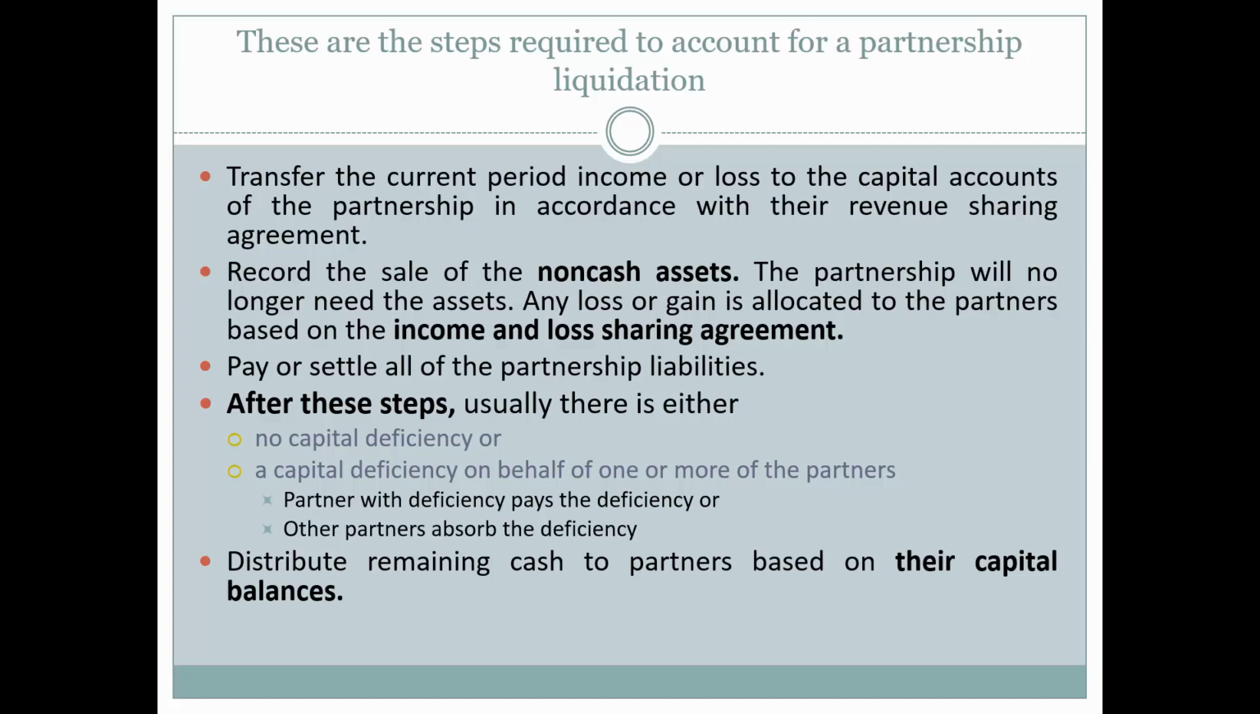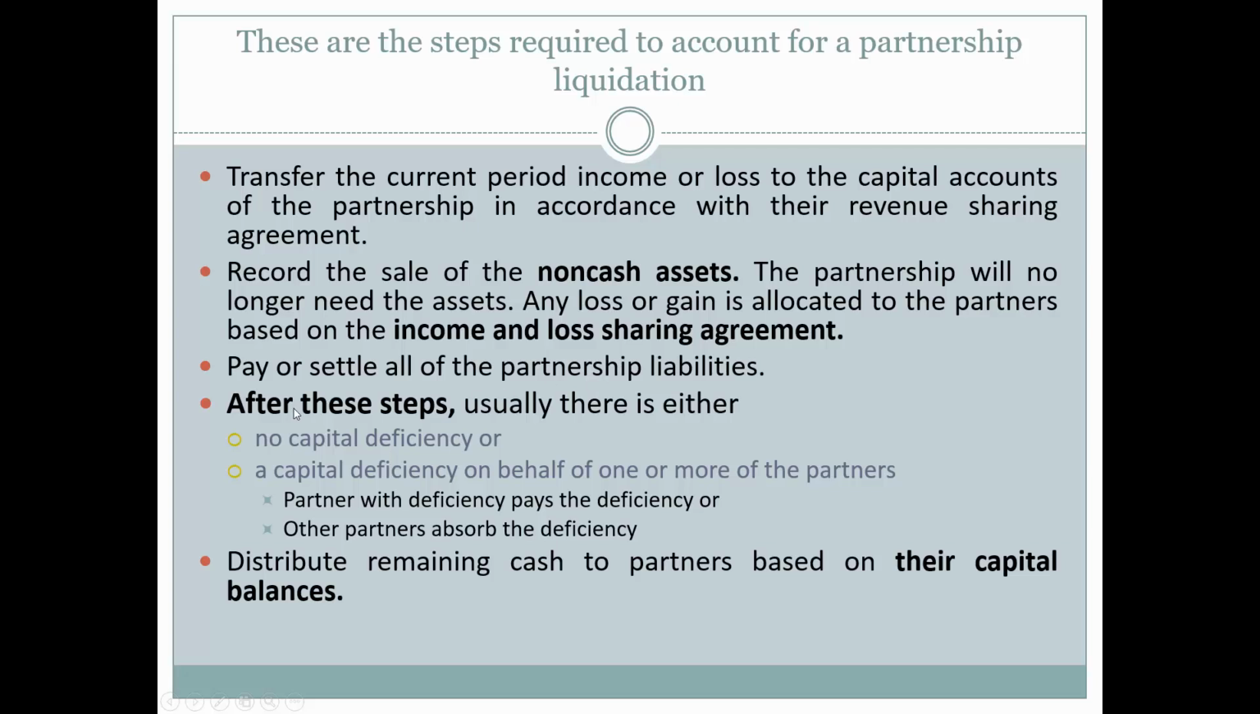Next, you want to record the sale of any non-cash assets. These will be the assets that the company will no longer need. Any loss or gain is allocated to the partners based upon the income and loss sharing agreement. Again, income and loss, because losses and gains go through the income statement. After you've sold all the non-cash assets, you want to pay or settle all of the partnership liabilities. You may have had to sell some of the non-cash assets in order to pay or settle the partnership